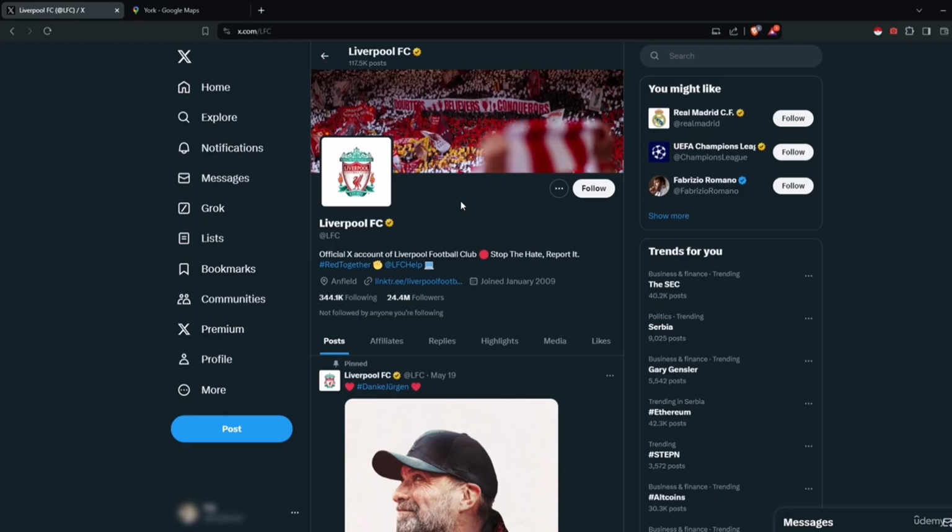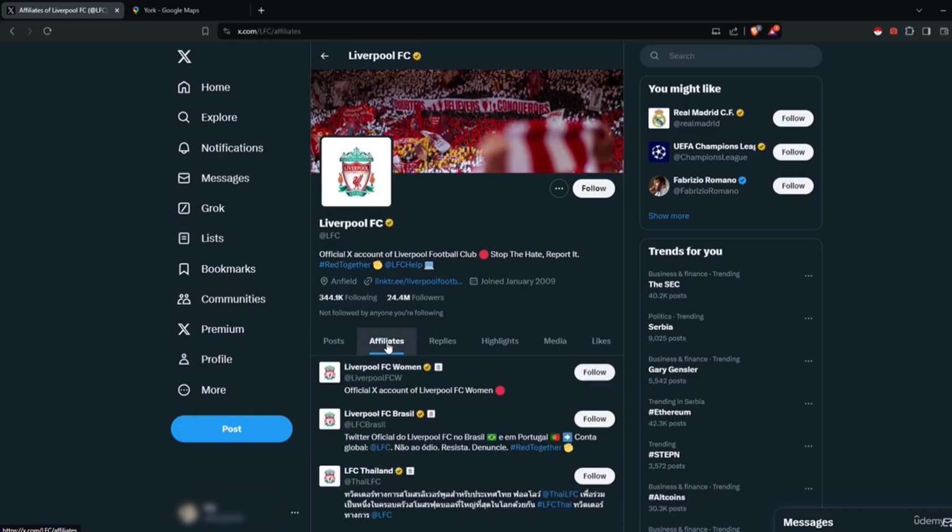Unless at the moment of you watching it, they change the UI. So what can we see here? We have whom they are following, then we have who follows them, then we can see when they joined the platform, which used to be Twitter and not X, I believe, and each profile has a list of their posts, then replies, highlights sometimes, media and likes. However, affiliates is not as common. I think it's only applied when it's an organization or a company. But if you go to affiliates, you can see all their accounts affiliated with the main page.